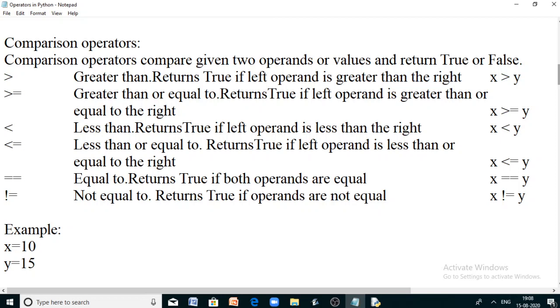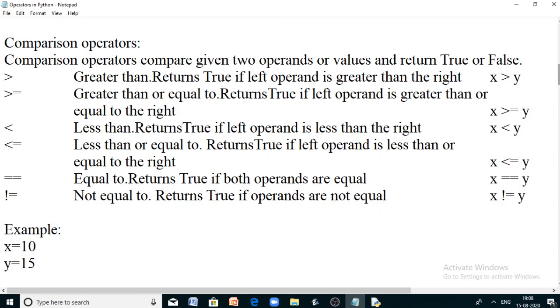Comparison operators are otherwise called logical operators, which are used to form logical expressions to compare two operands and return the result. These comparison operators compare two values and return the result in the form of true or false. It will return a Boolean result, whether that expression evaluates to true or false.